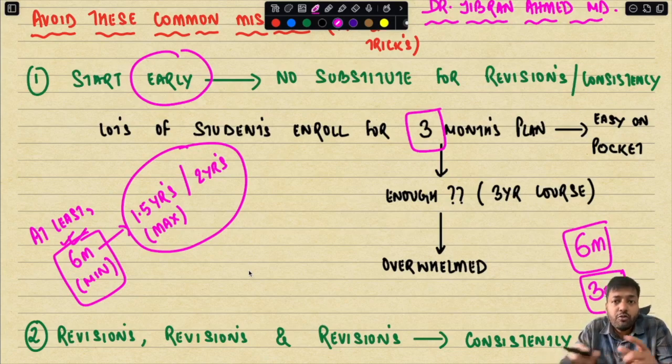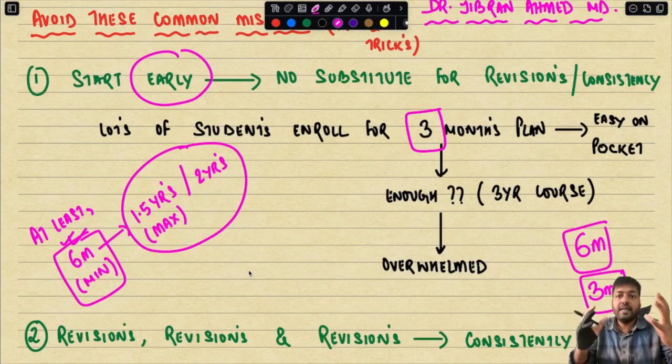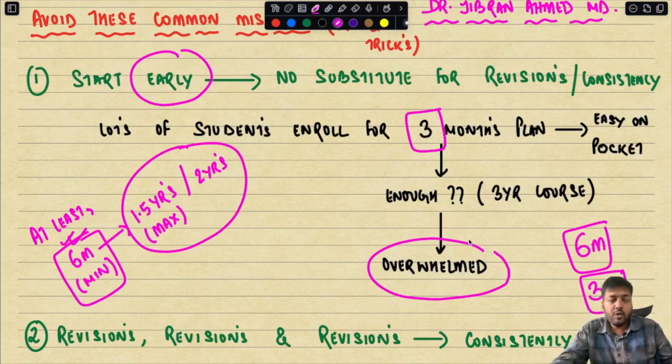So when you try to complete each and everything in 3 months, what happens is that you become overwhelmed. You have read so many things. There are so many things in your mind, but you have not had the time to revise all of them. So the problems will start then. That is why I have always maintained for the last 5 years, I am shouting at the top of my voice,